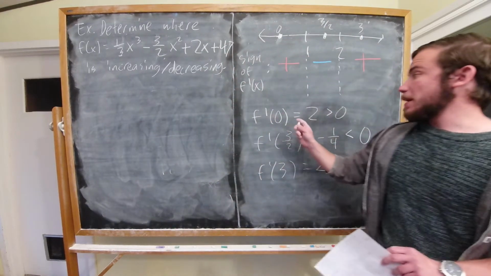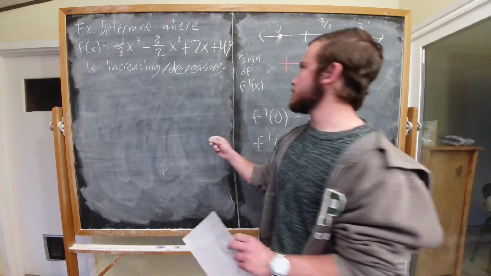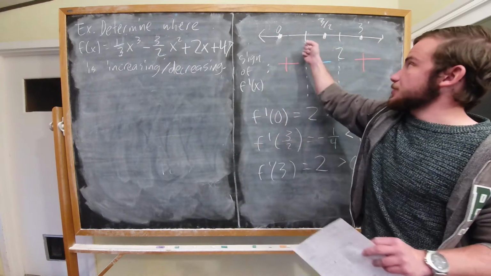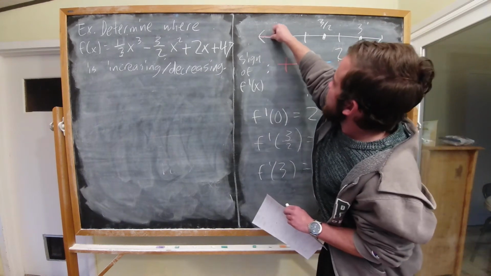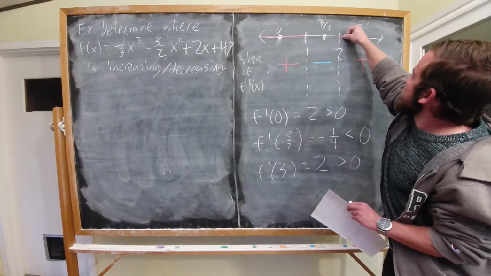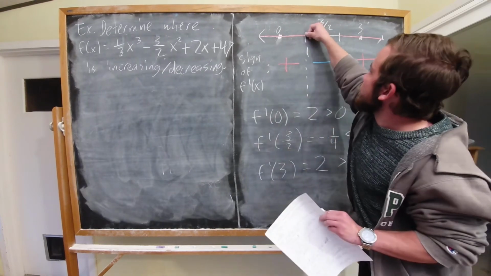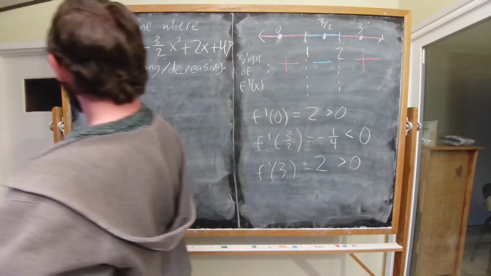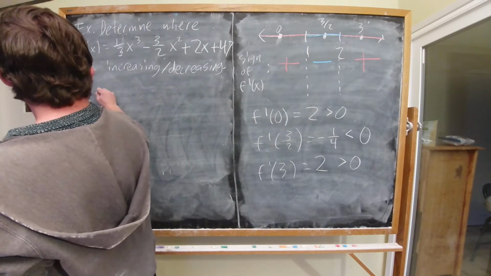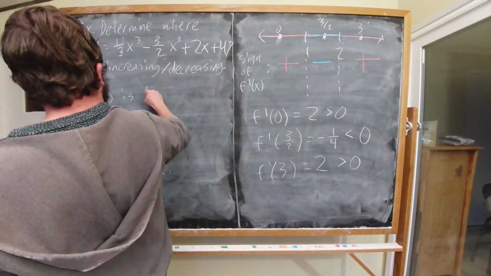We know that when f'(x) is greater than 0, we're increasing. When f'(x) is less than 0, we're decreasing. This test point tells us the sign for the entire interval. So this entire thing is red, and this entire middle part is blue. So f(x) is increasing